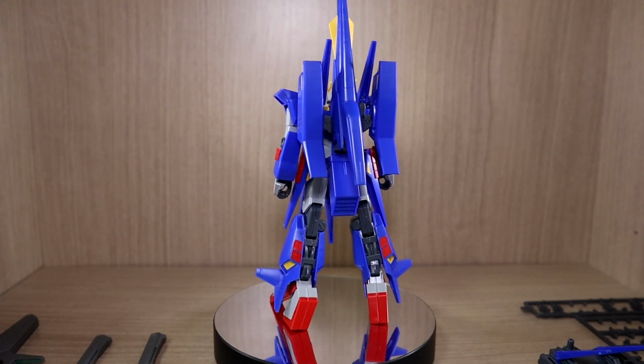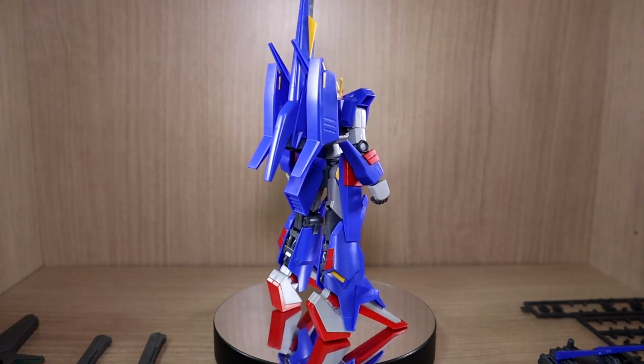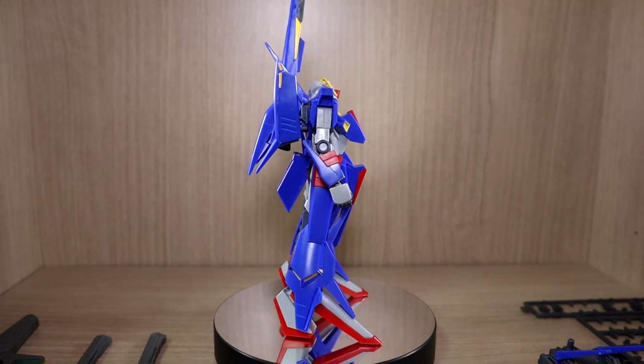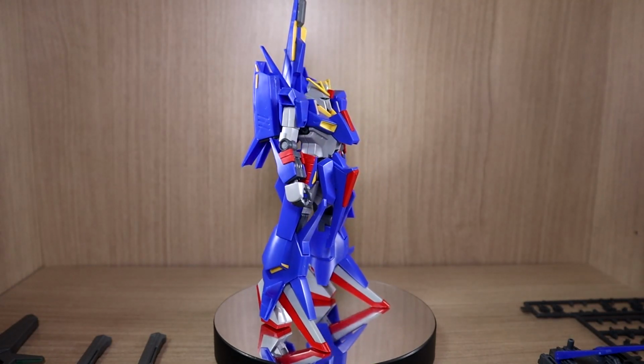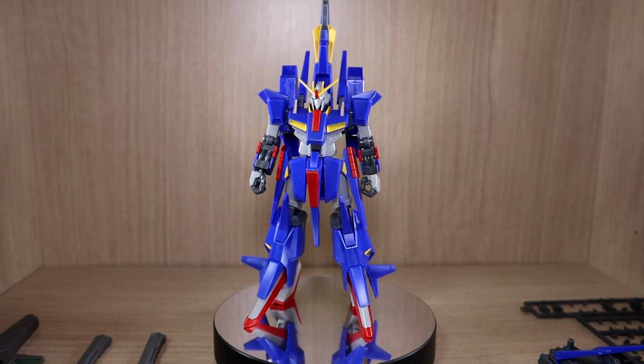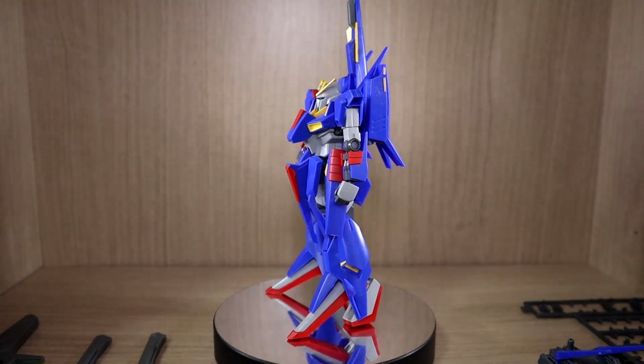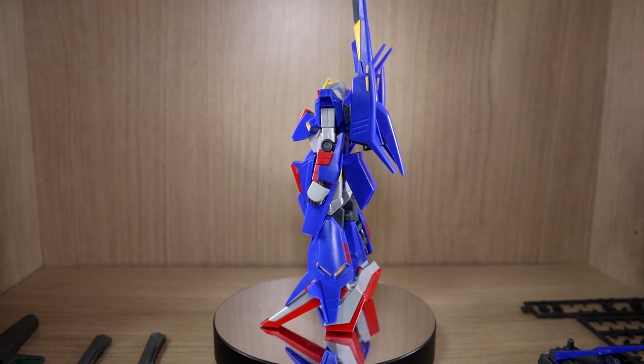So I've been wanting to try this kit for quite some time, but Gundam Base would always have this sold out and not in stock, so I wasn't able to try it out. But I decided to go get it from a different source, not the best prices, but still wanted to try it out. Alright, so a little bit of backstory regarding this mobile suit is basically after the Zeta Gundam was